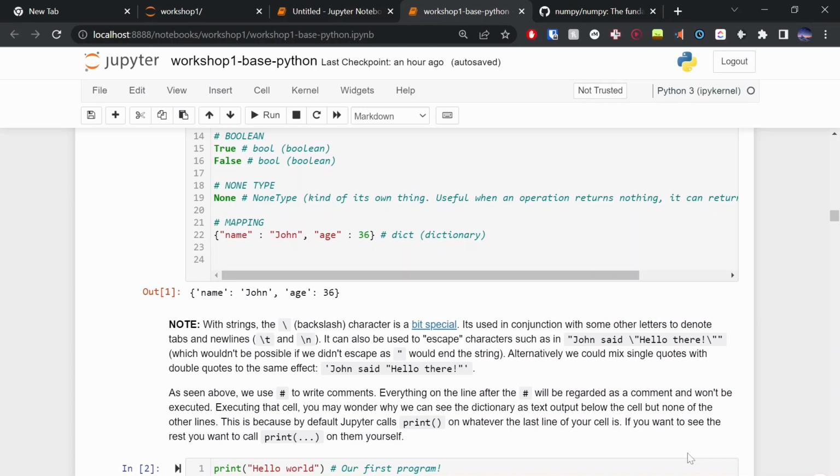The way that you specify a boolean is just by writing true or false. We have a none type, which is kind of equivalent to undefined, right? If you have something that doesn't really return anything, it just returns none by default. It's kind of like a nothing data type, just kind of exists in its own category.